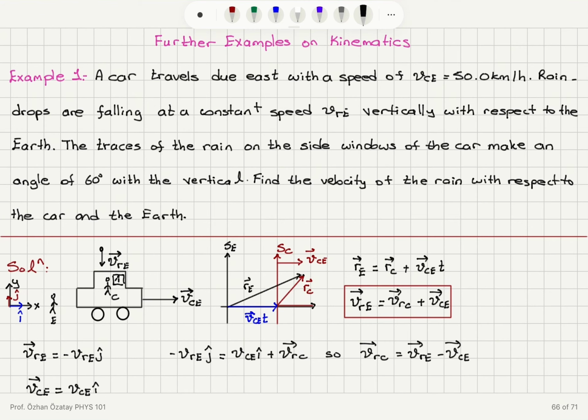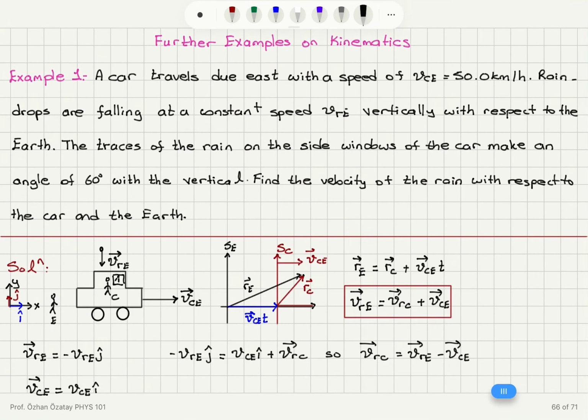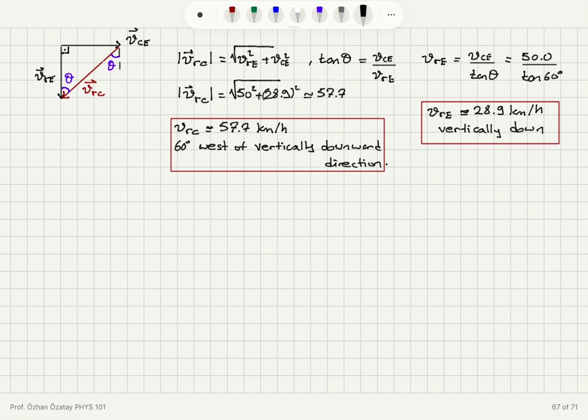Well, we have found the Galilean transformation equation for the case where I have a constant velocity with respect to the Earth reference frame in the i-hat direction, due east, and I see that the position vector transformation is RE equals RC plus VCE t, where VCE is a constant vector. So we have the velocity transformation, VRE is VRC plus VCE. Now, plugging in minus VRE j-hat for the VRE vector and VCE i-hat for VCE, we see that the